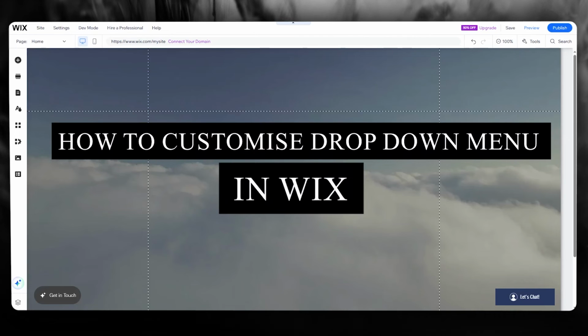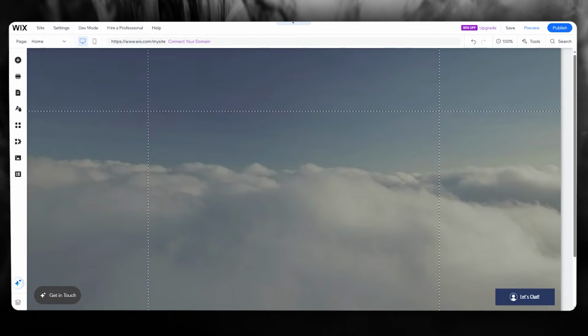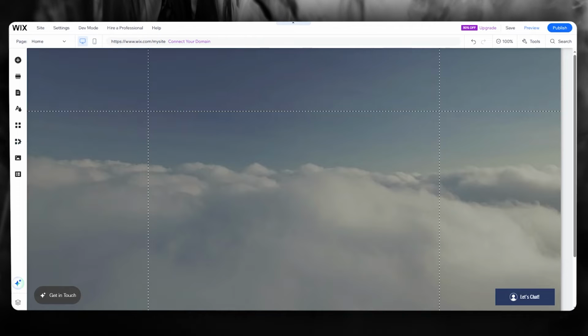How to customize drop-down menu in Wix 2025. In this video, I'm going to be showing you how you can customize your very own drop-down menu in Wix in 2025. So to do this for yourself, what you are going to be doing is first of all,